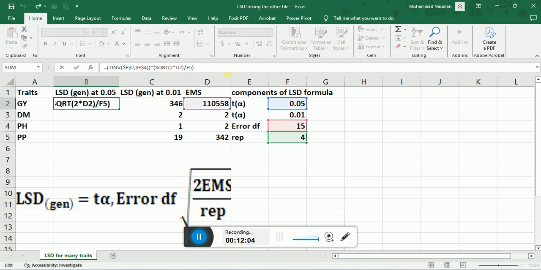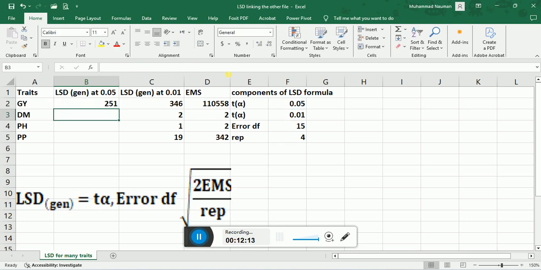Here I forgot to type the dollar sign. Now it looks fine. Here we have got the LSD value for each and every trade.